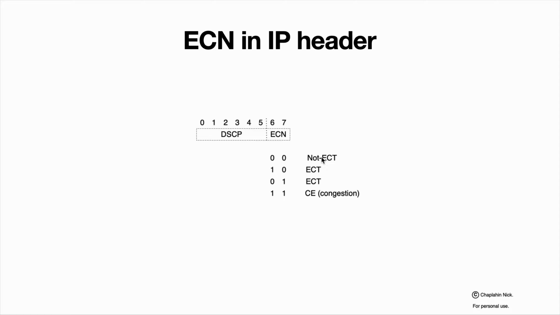No need to update those packets with ECN information, because hosts will not react to it. They can be dropped. But if we have 01 or 10, it means that those devices support ECN,